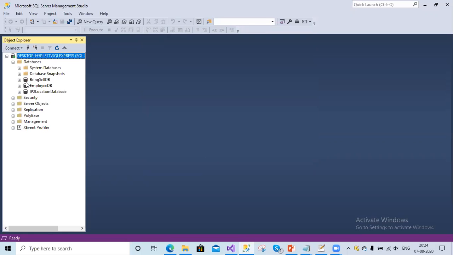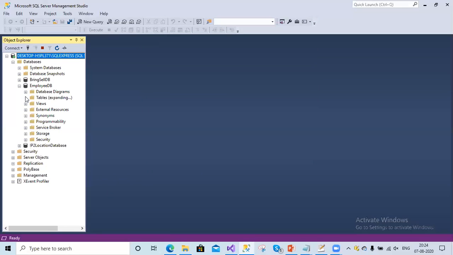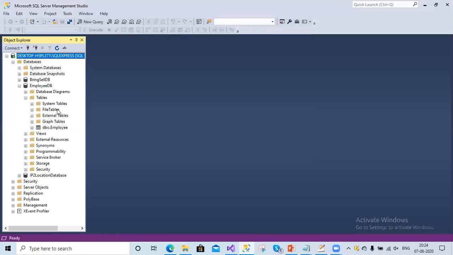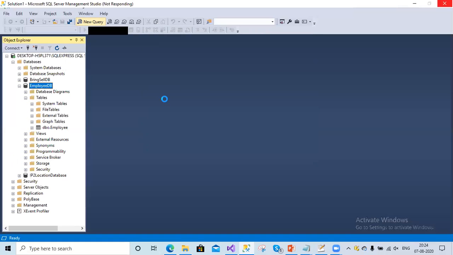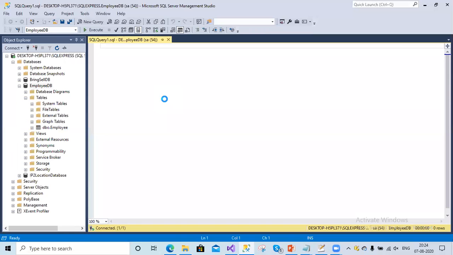I'm able to connect with the database, and let me expand the databases. If you see this, I already have EmployeeDB as a database, and I have created a table called employee. Let's see what employees we have inside it.